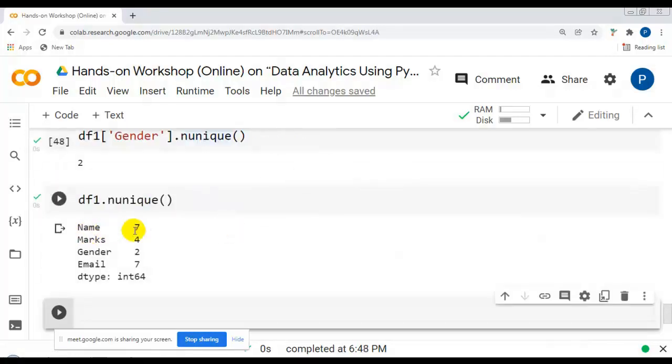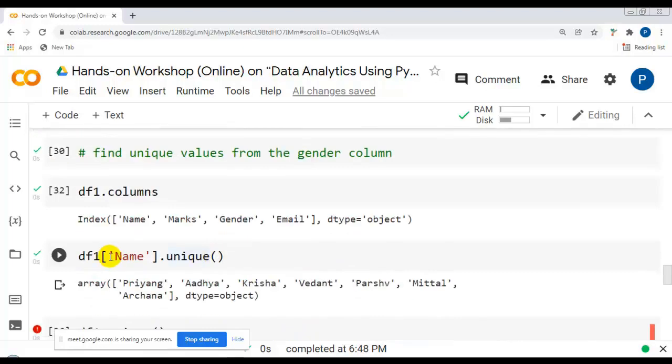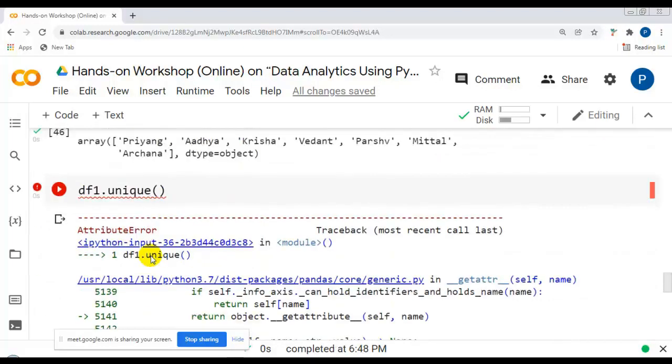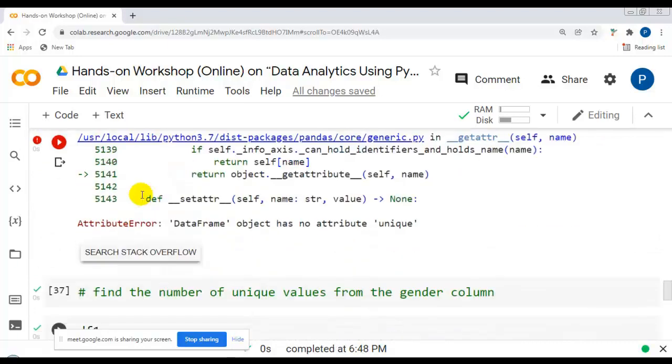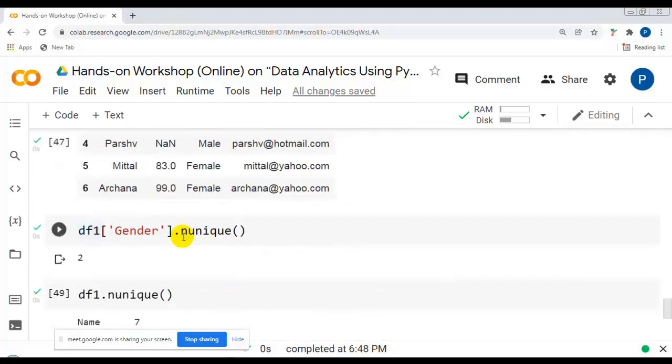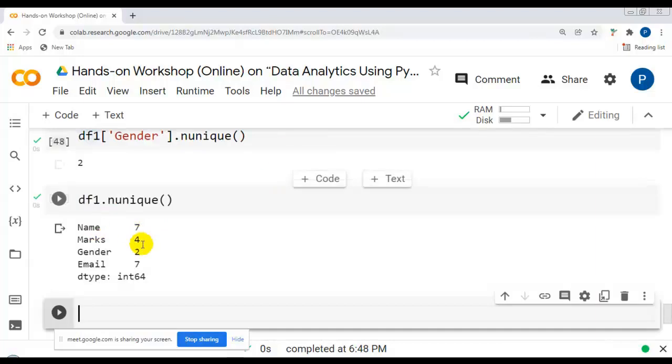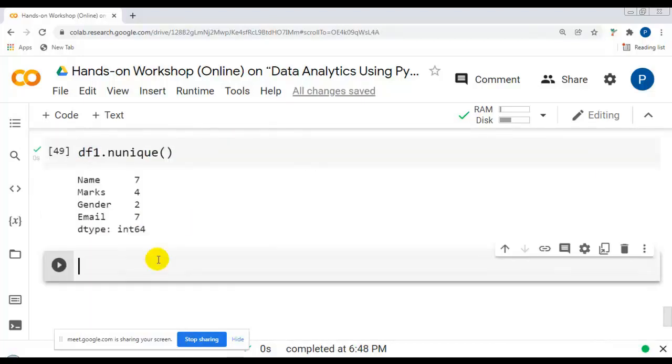You can see name has a total of 7 unique values, marks 4 unique values, gender 2 unique values, email 7 unique values. So please remember the unique method we can apply on a pandas series, not on a pandas data frame, but the nunique method we can apply on a pandas series as well as on a pandas data frame. So this way we can find the number of unique values from the pandas series and pandas data frame.